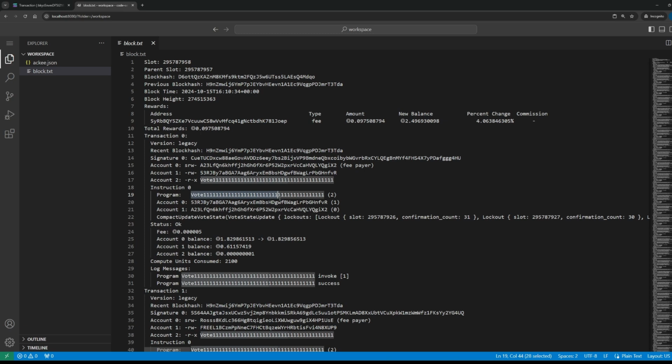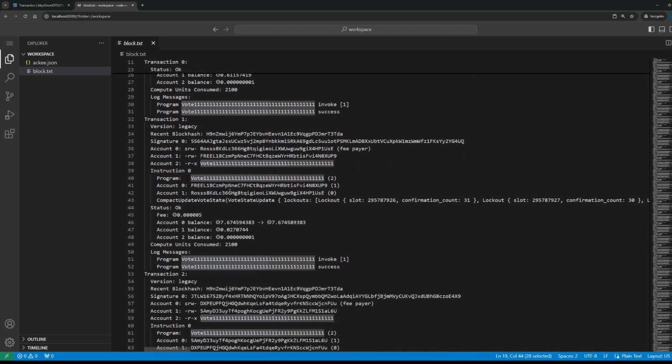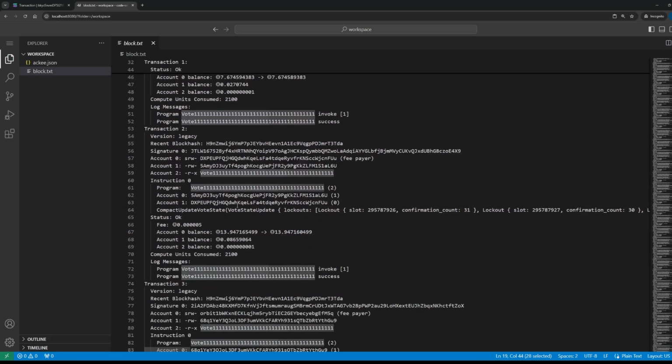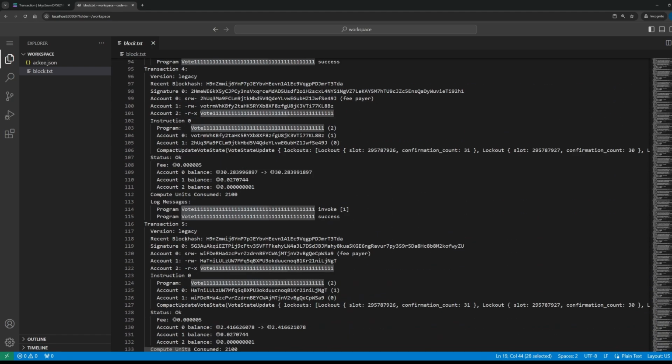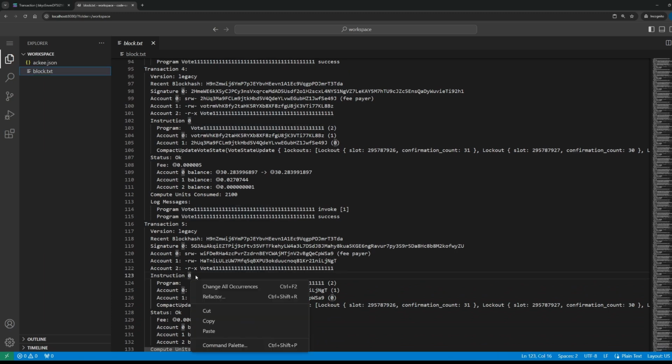As I was talking about the true TPS, we have something called non-vote transactions and vote transactions. So this is a vote transaction. We can scroll down and we can try to look for a non-vote transaction. So give me a second. Hopefully I will find something.